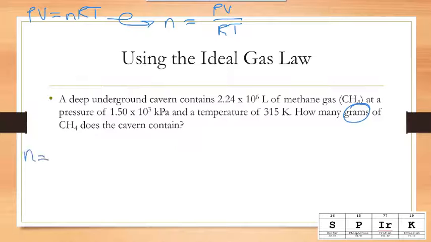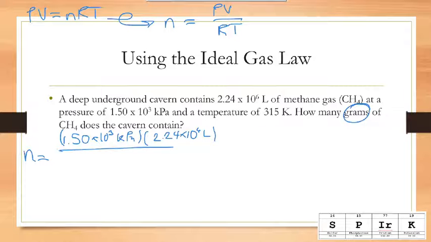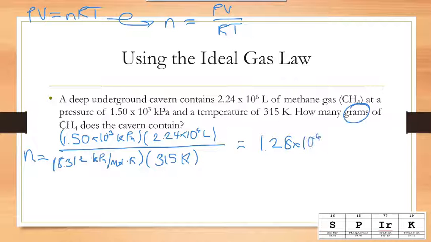So now we can plug in our values. We have a pressure of 1.50 times 10 to the third kilopascals times a volume of 2.24 times 10 to the 6 liters, all over our gas constant 8.31, and that is liters times kilopascal per mole Kelvin, times our temperature of 315 K. So when we plug this in and we solve for the moles, we get 1.28 times 10 to the 6